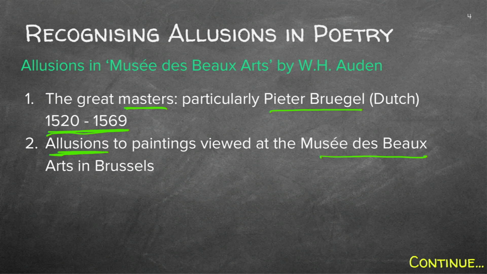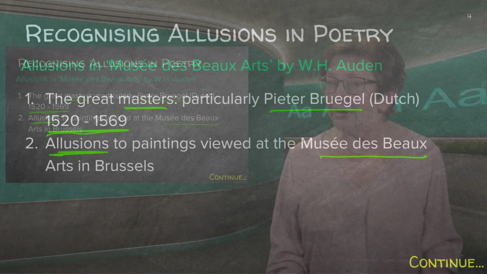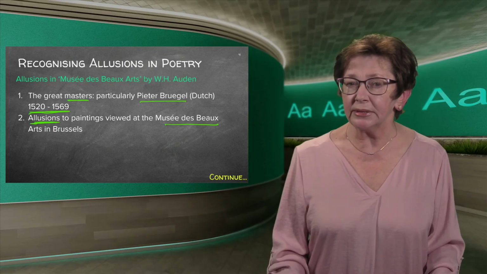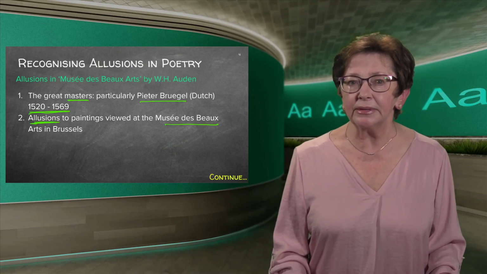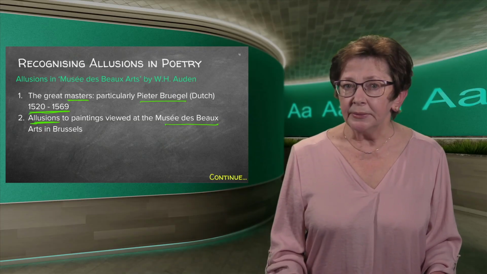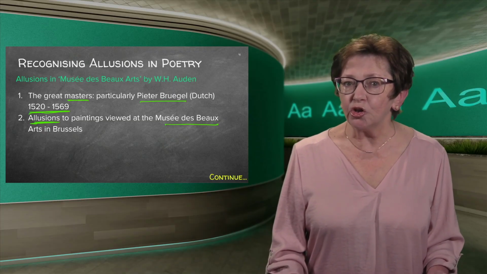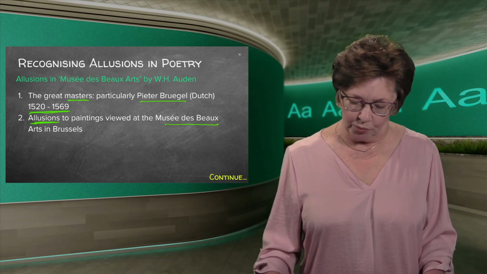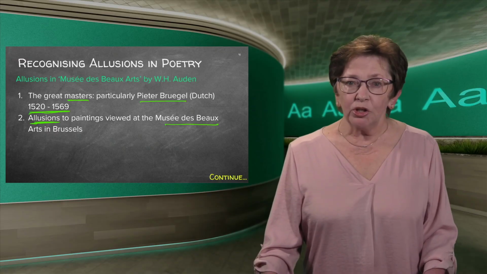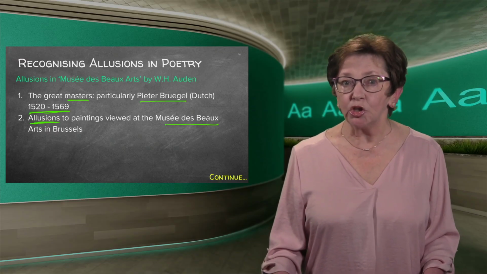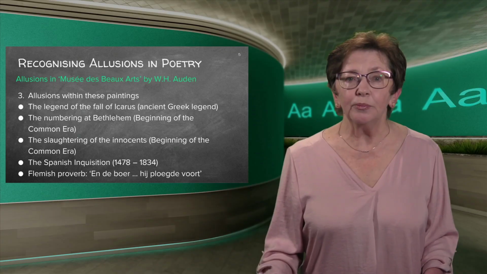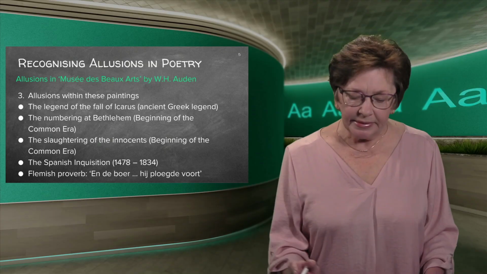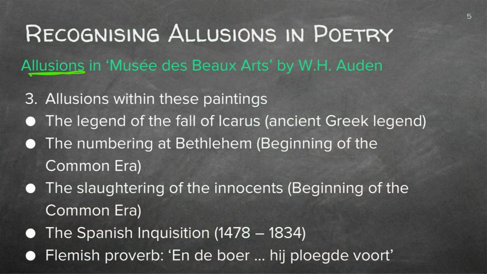And one such painting is directly referred to, remember the definitions, a direct reference, and that is the fall of Icarus. And the other two are indirectly mentioned, and I'm going to show you how that works. And it all had to do with the paintings that he saw and studied in the musée. So there are paintings then, allusions in musée.